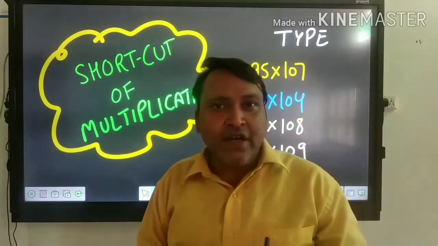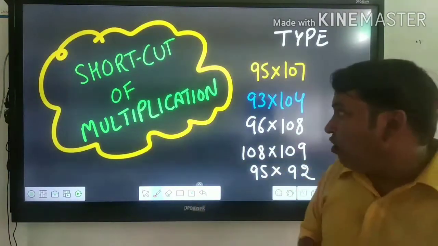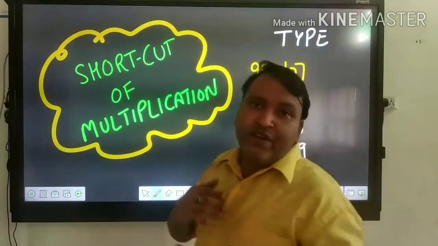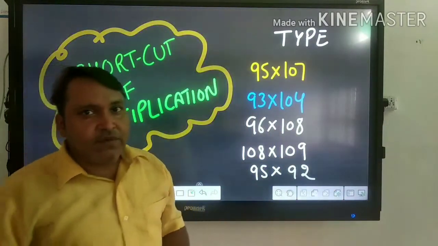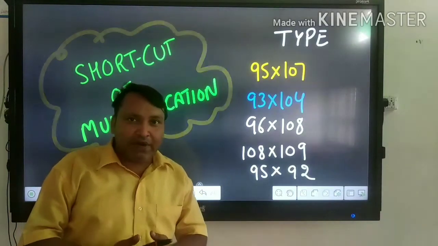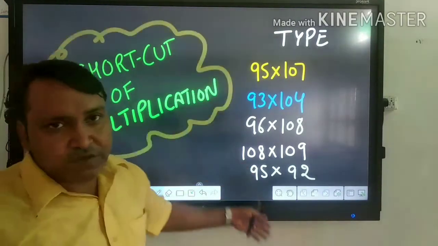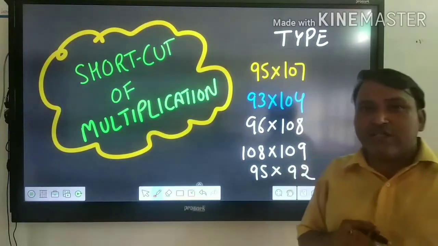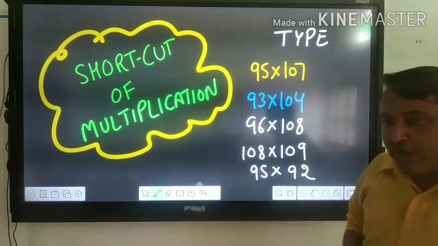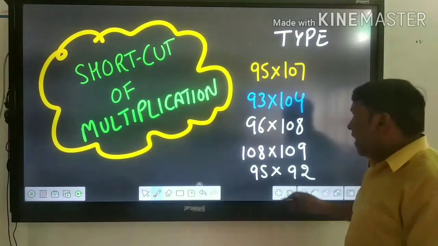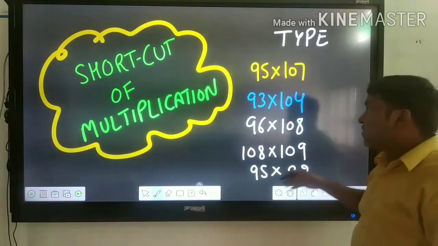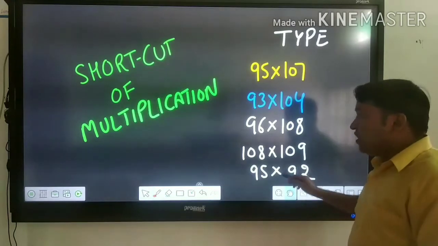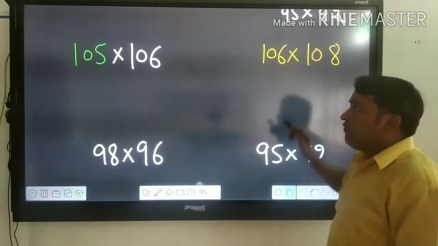So if you see these types of questions, then I will explain a short trick for this type of multiplication so that you may be able to calculate fast in a few seconds without going through the main course of multiplication. Students, let us start this type of multiplication with the shortcut rule so that we may be able to do fast calculation of these types of questions. So student, the video is long, so you must watch it till the end.